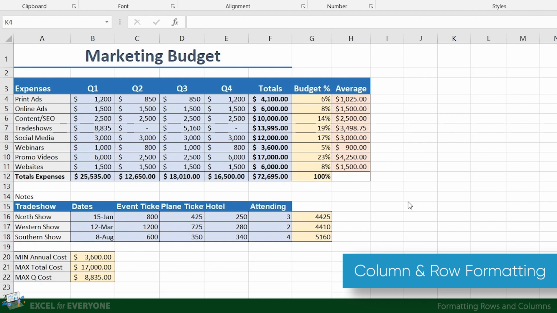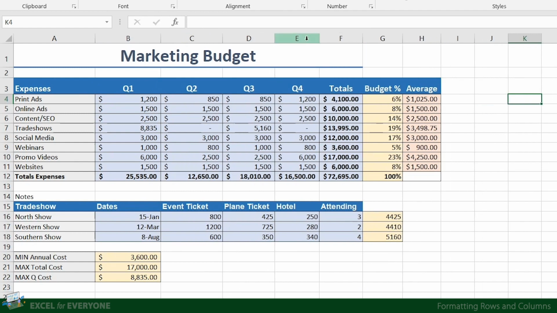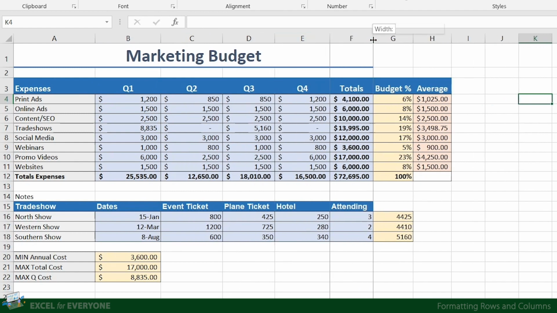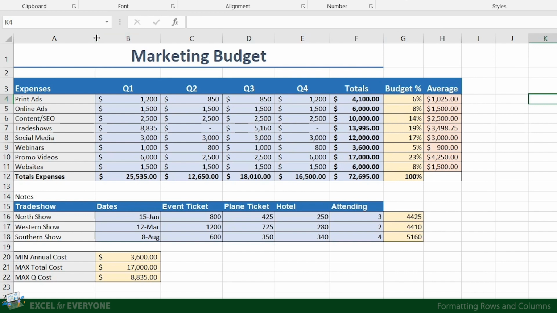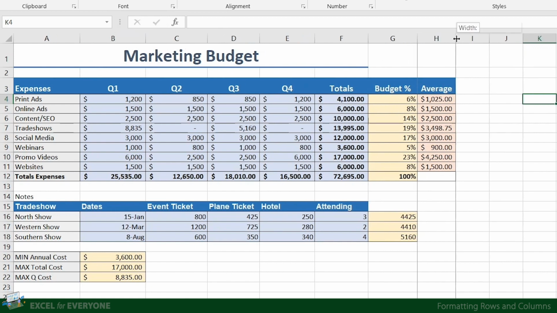First, I'm going to change the column width just to give a little more room. Just like everything in Excel, there are different ways to do this. So let me show you the most common ones. One method is to try and adjust all single columns manually. Now, this works by dragging the boundary on the right side of the column heading until the column is the width you want. The problem with this one is that it will be difficult to keep a similar width in